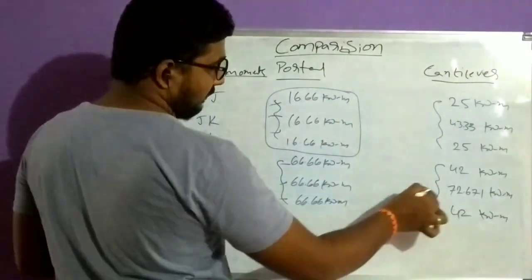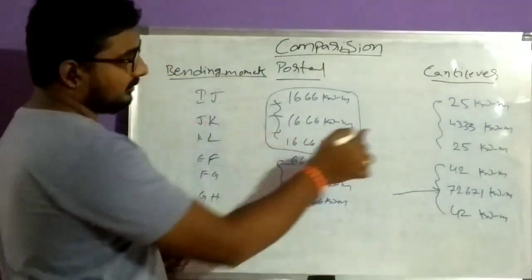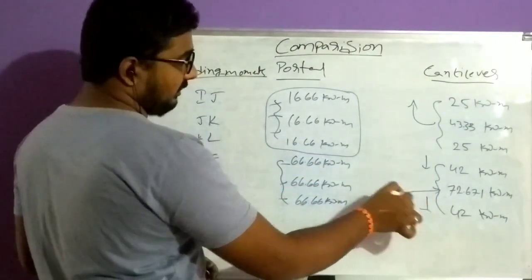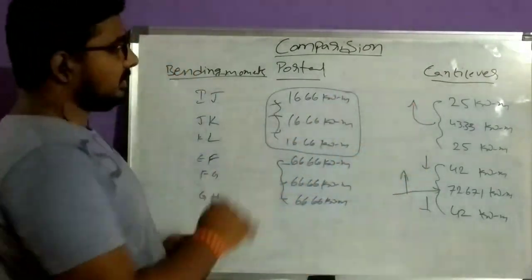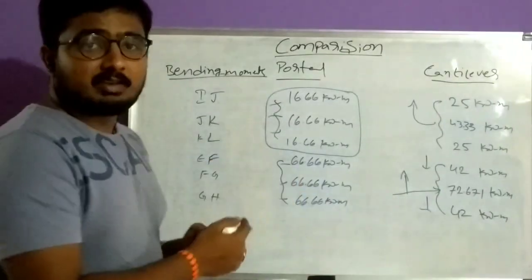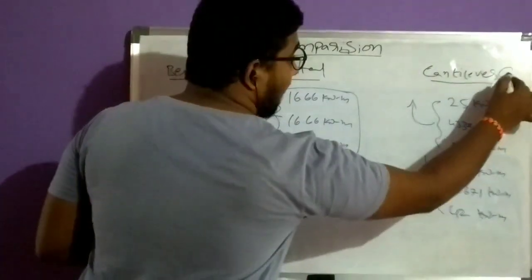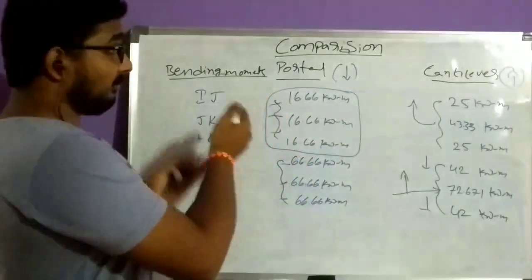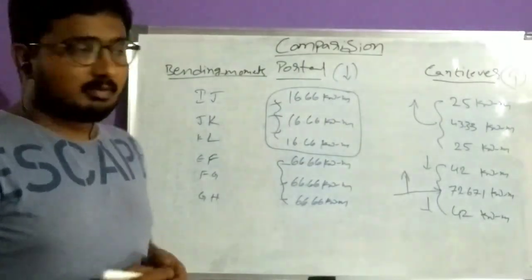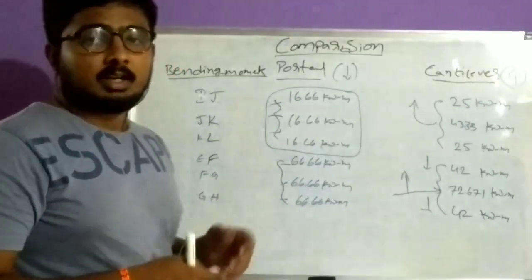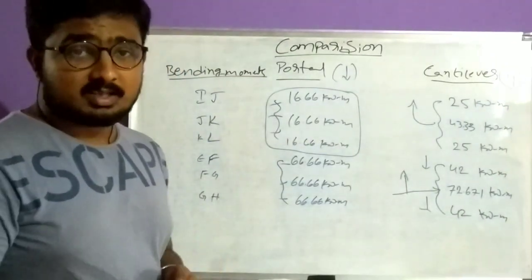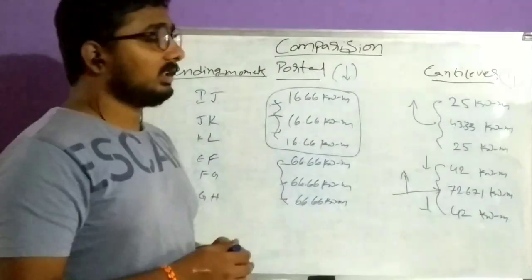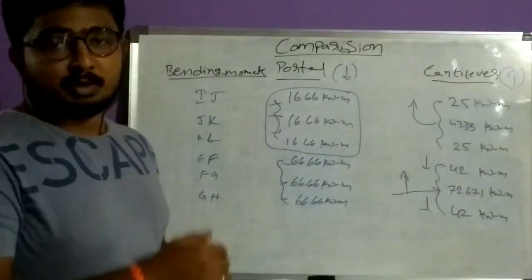In the top story all these values are high, and these two values are low in the cantilever method. This one is the highest. So we get mixed results here, but on average, if we compare both, the cantilever method gives higher bending moment values in the overall structure when compared to the portal frame method. So we compared all the axial forces, shear forces and bending moments in the portal frame. The final conclusion is that the cantilever method is giving little higher values than the portal frame method.